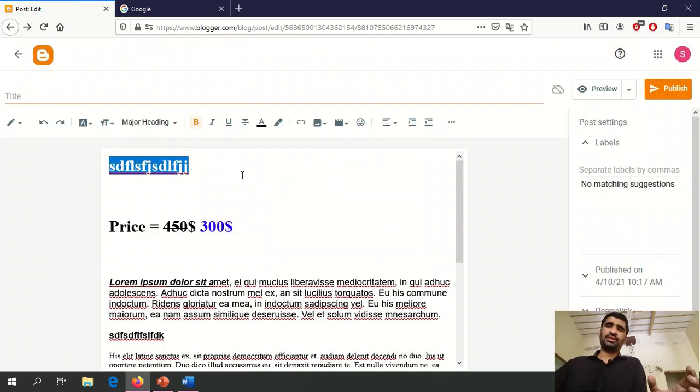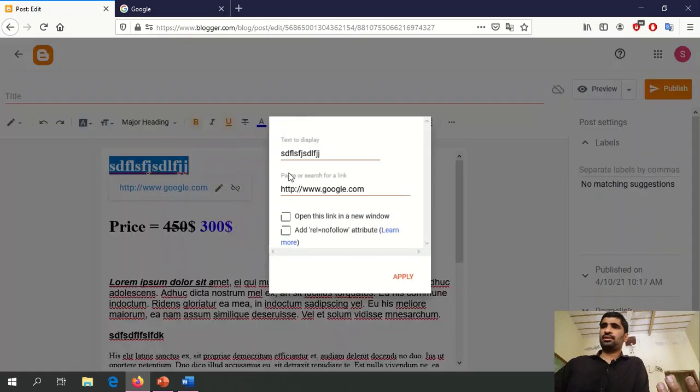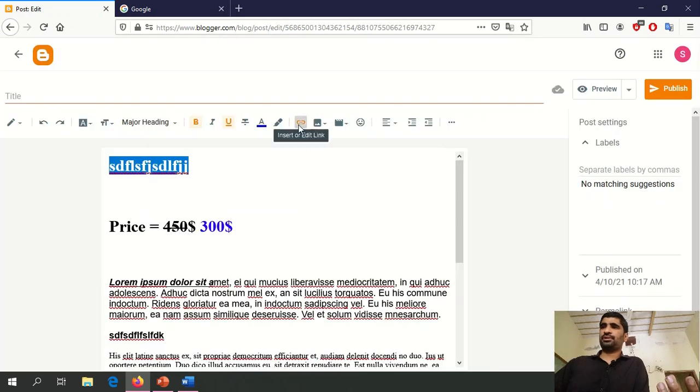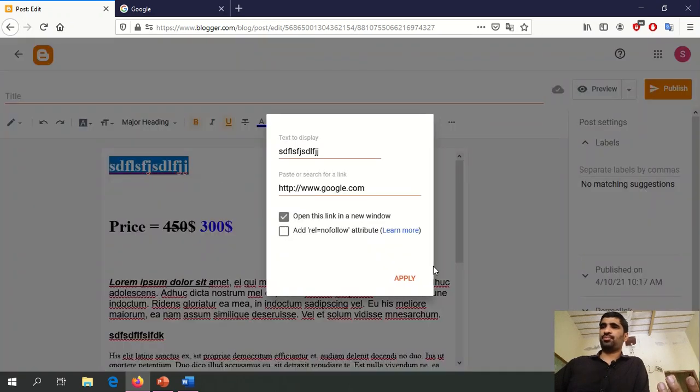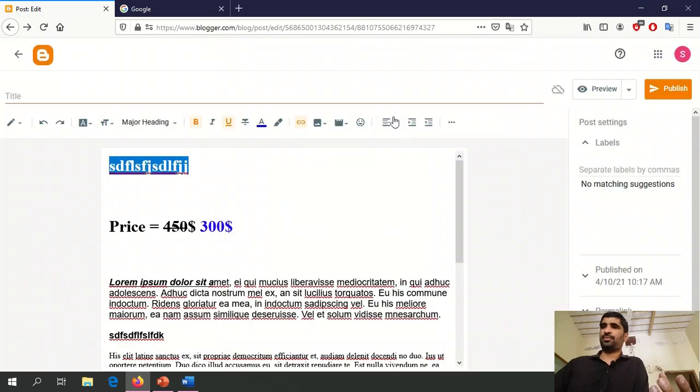So when I publish this page and someone selects this text and clicks it, it goes to Google. In this option we also find whether the link opens in a new tab or the same tab. So I'm saying open link in a new tab.